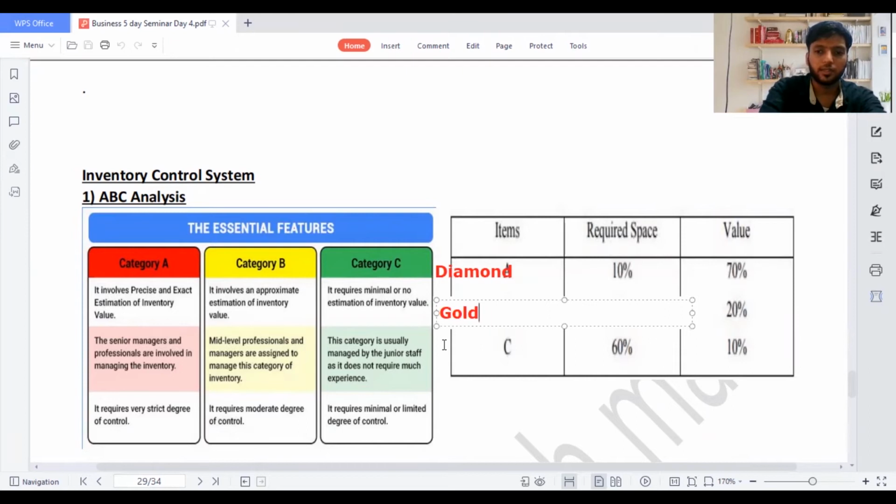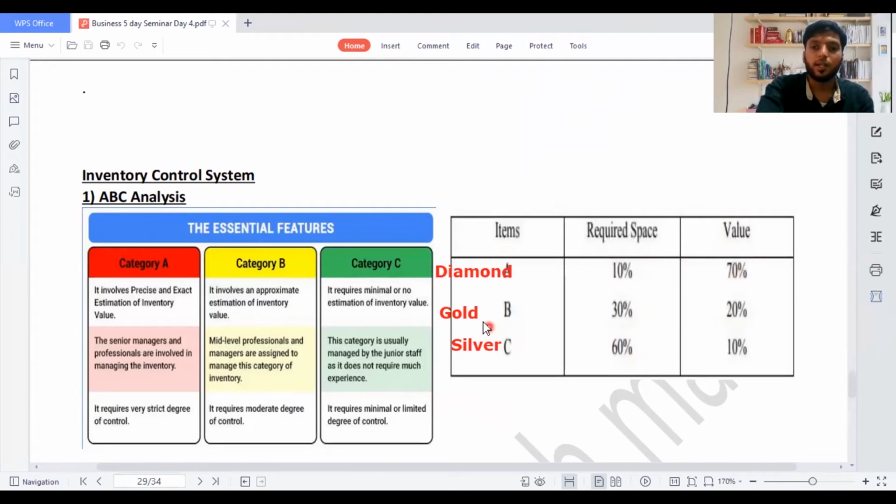I'm going to take C, silver. So these three things you can see. In a gold shop, if they have diamond, they won't keep the diamond in front like that. They will always keep it in a safe locker. So it needs only a very small space in your shop, and the value will be very high,